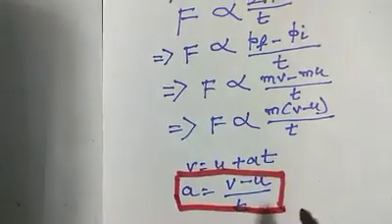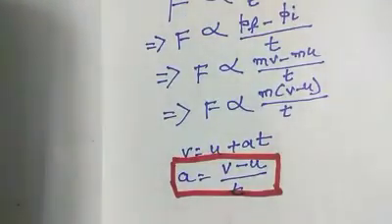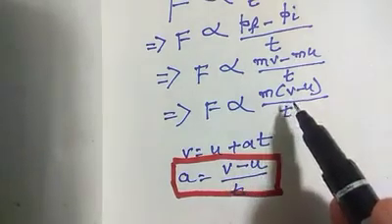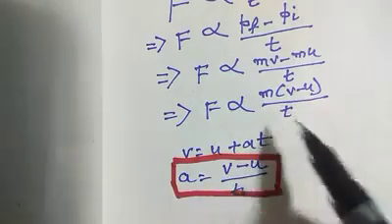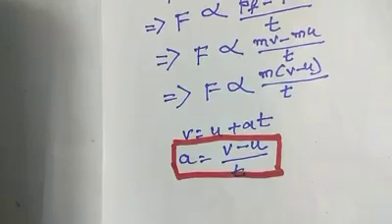A equals (v minus u) by t, from this particular formula, right? So we have a equals (v minus u) by t. Now we know that (v minus u) by t is this one, right? So why don't we do it this way, that it also implies